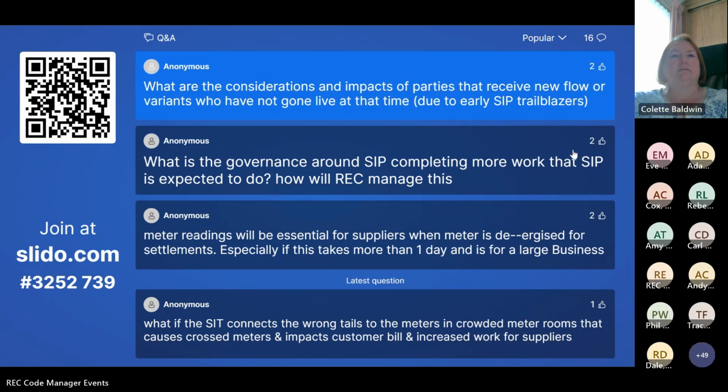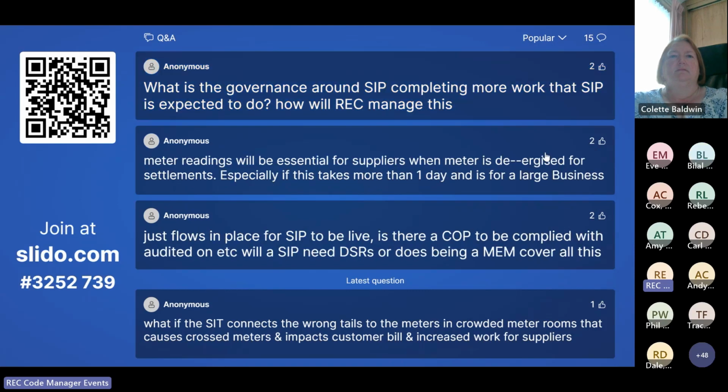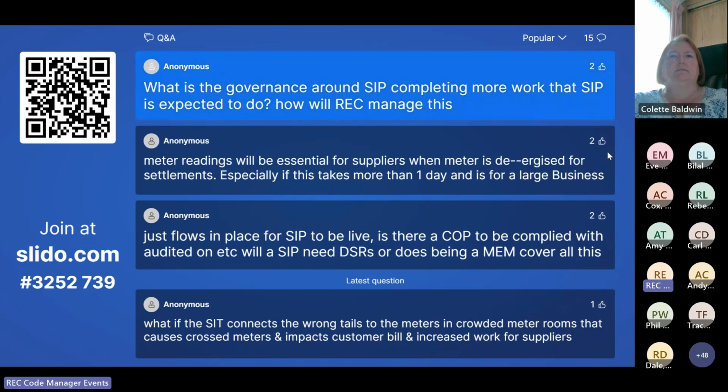Thanks, Colette. The next question then: what's the governance around a SIP who might complete more work than a SIP is expected or allowed to do? How is the REC going to manage this? Confused by the question. I think what they're saying is how is REC going to manage a SIP who acts outside of their authority with the work that they're